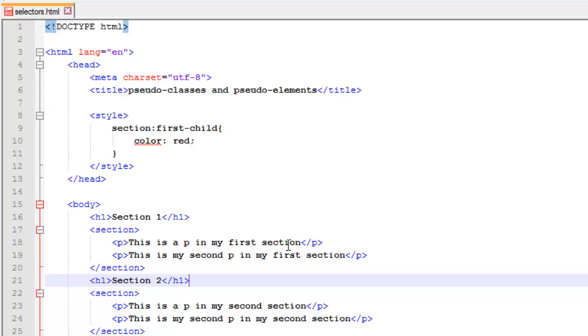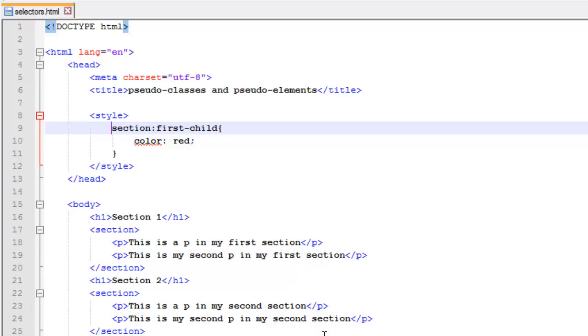Oops. There we go. Alright, so why did this happen? Well, like I said a second ago, you require two elements: the element you want to look in and the element you're looking for. If you only put one here, I'll just have a section, it defaults to the body. It's thinking that you're looking in the body, and the first thing you want to look for is the section. So it finds the first section in the body and it colors all the text in it